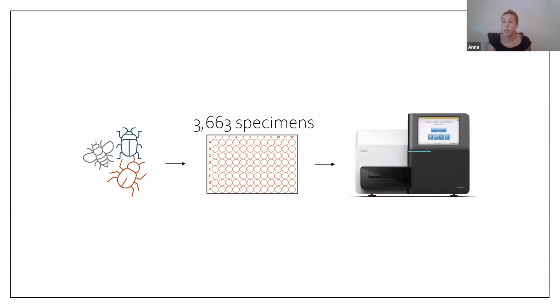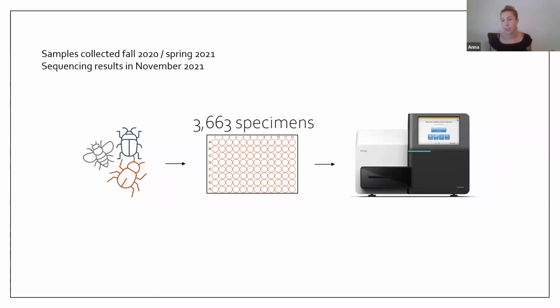So in total, we had 3,600 specimens that we were able to sequence from this project. And this also gives a really good example of how quickly we can process specimens. The specimens were collected, as I said, in 2020 and 2021. I received the samples in the summer months of 2021, and we were able to get sequences back in November of that year. So those 3,600 specimens, we were really quickly able to see what's happening in this system. And this allows us in the future to continuously monitor these sites and understand how they're responding following fire.